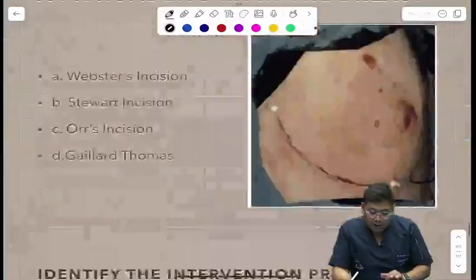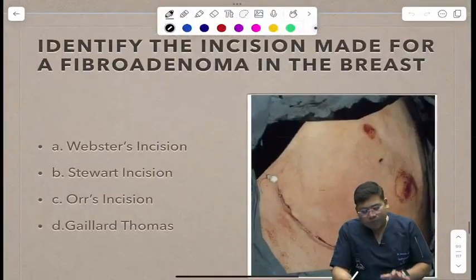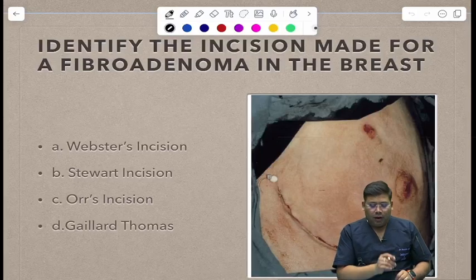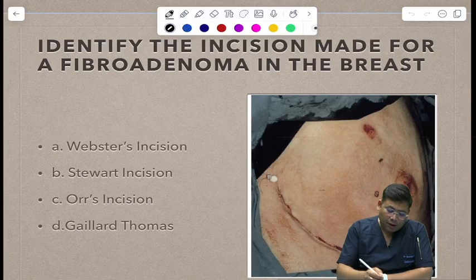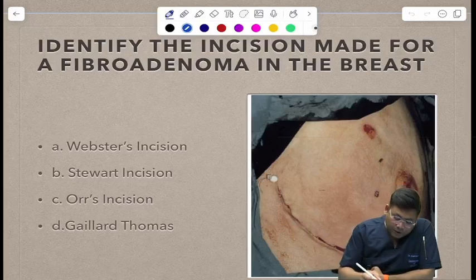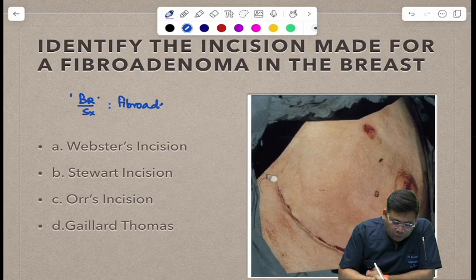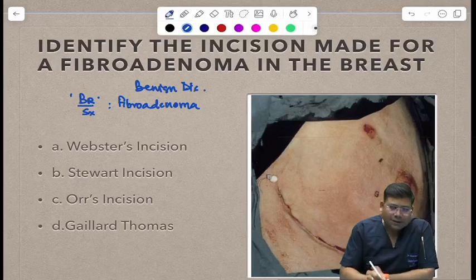Let us come back. I'll discuss these images again. So what is this incision shown in this image? A patient has undergone a breast surgery, and breast surgery for what? Fibroadenoma. So all of you know that for fibroadenoma, which falls into benign disease, the surgery will be done